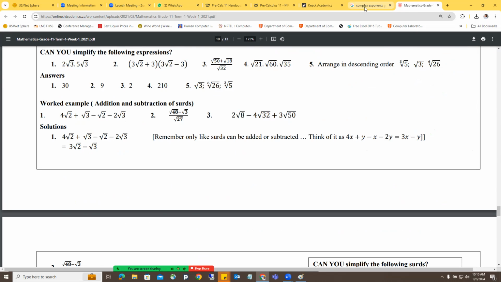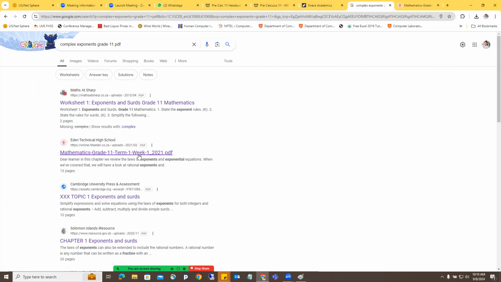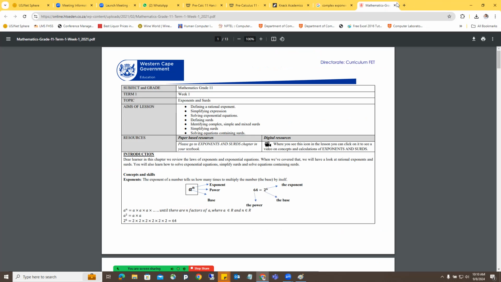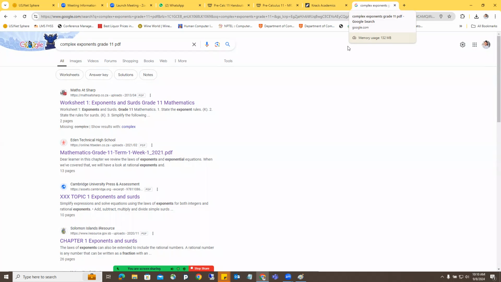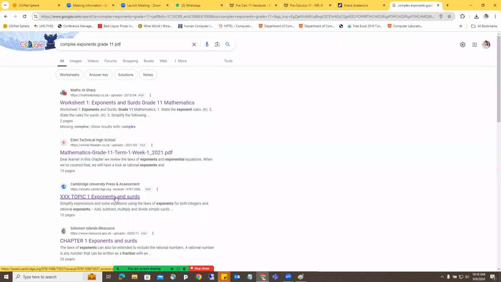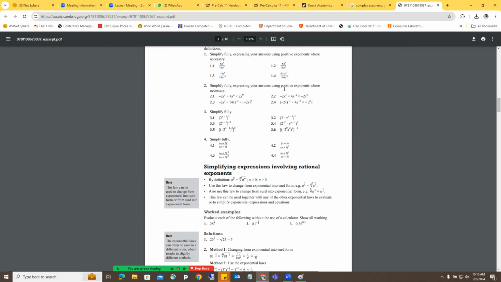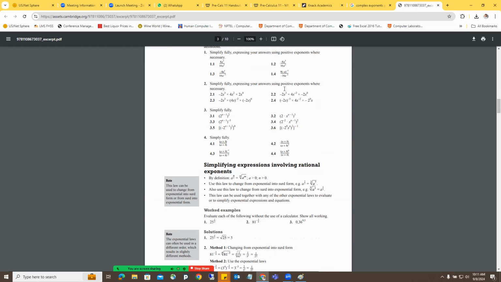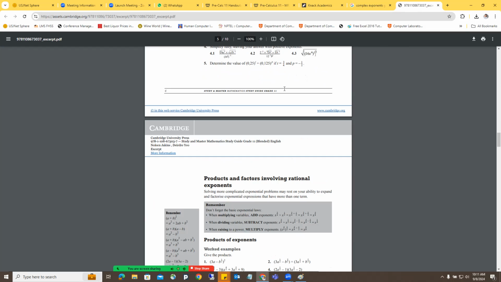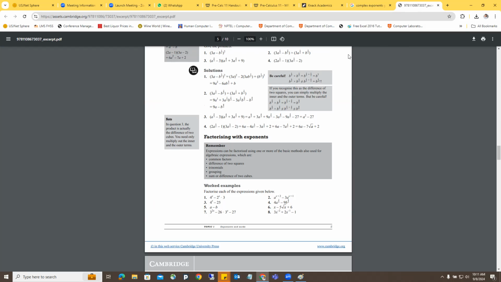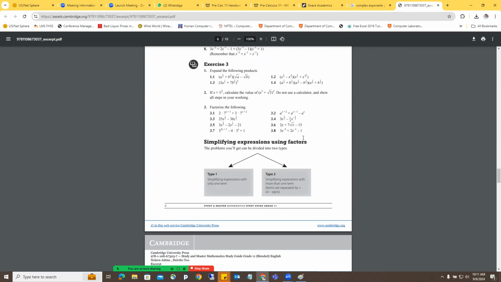Complex exponents. So shall we do some questions? Then maybe you can do the third one. Okay, I didn't start. Yeah. Okay, for the third thing,